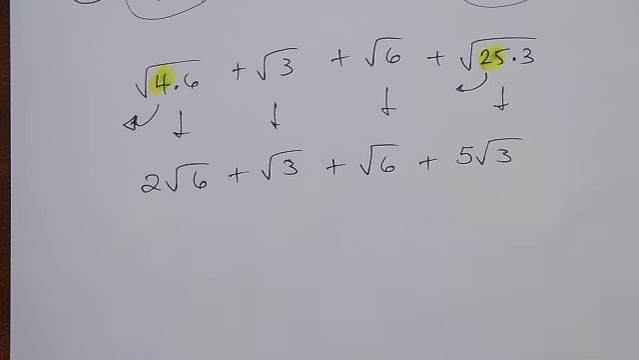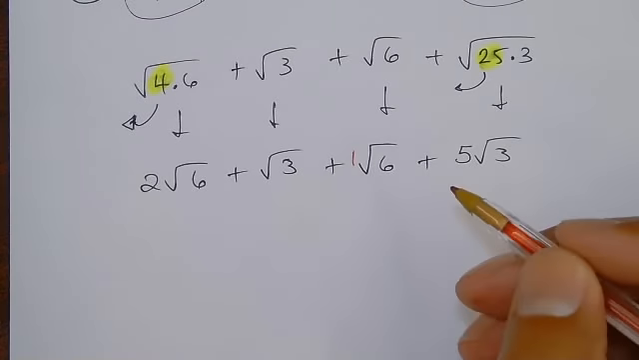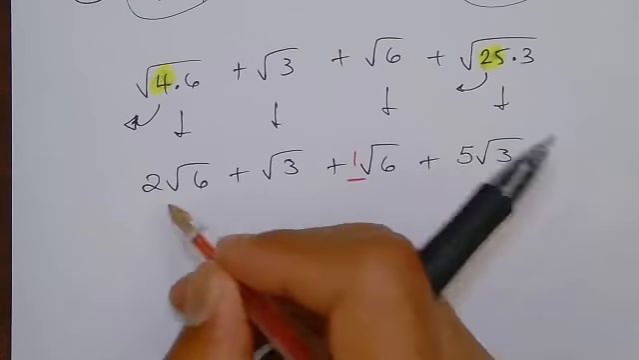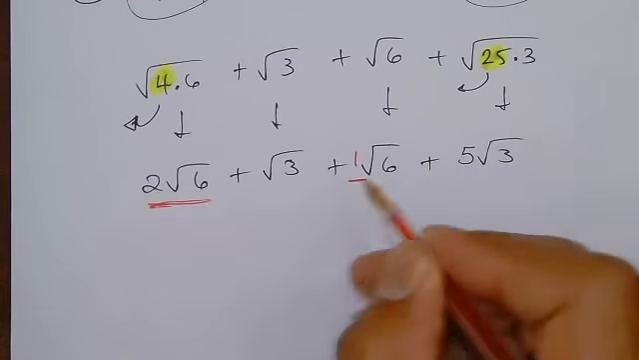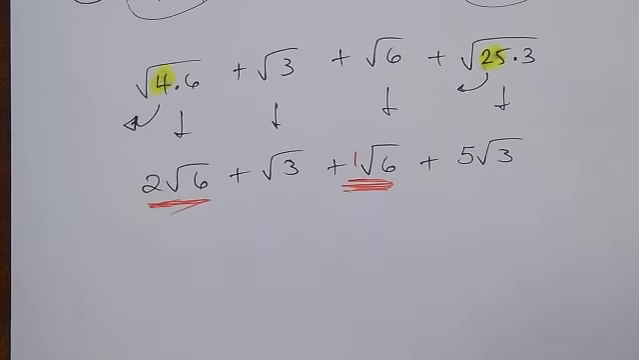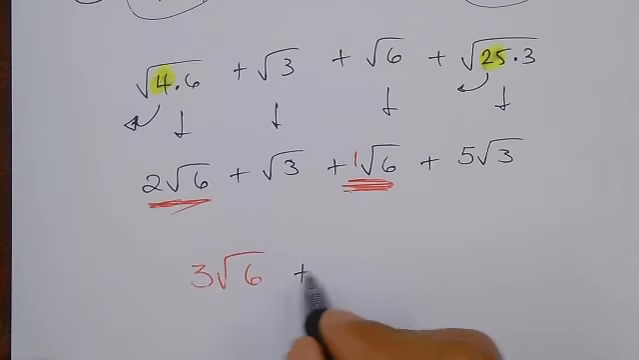Now we combine like terms. The 2 root 6 plus this 1 root 6, right? And if it doesn't have a number, it's a 1 right there, right? You guys know that? 2 root 6 plus the 1 root 6 is going to be what? That's going to be 3 root 6